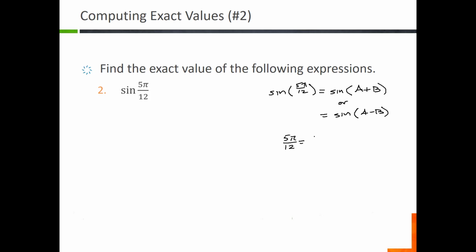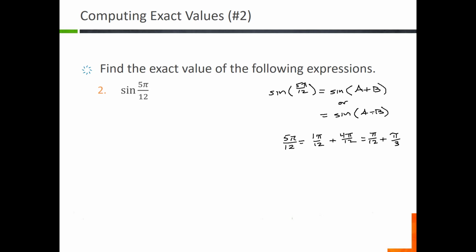Okay, so your first option is just to think of 1 pi over 12 plus 4 pi over 12. Okay, and so we can simplify. The pi over 12, we really can't do anything with. That's just pi over 12. But the 4 pi over 12, 4 goes into 12 3 times, so I could rewrite that as pi over 3. And so again, our strategy here, we saw this in some of the earlier examples, is we need these